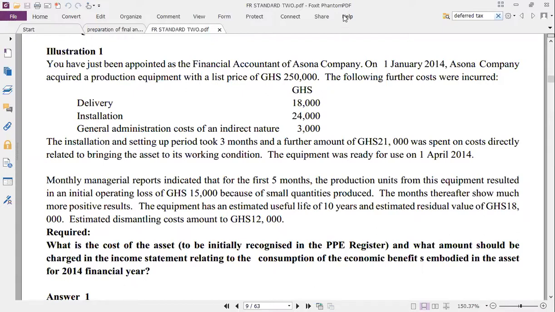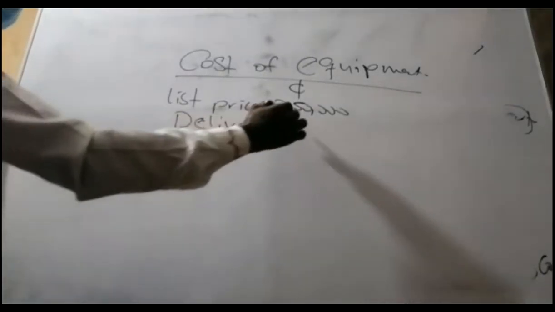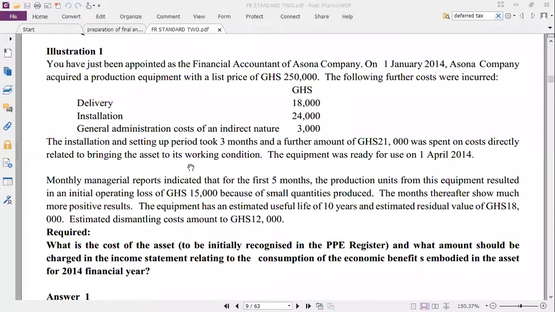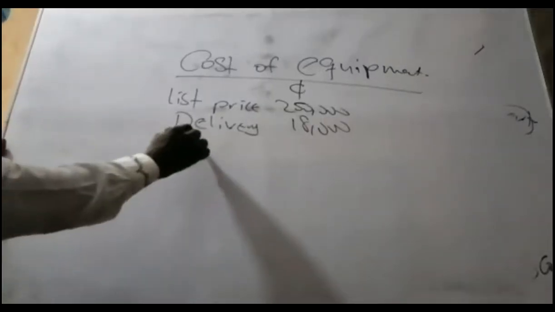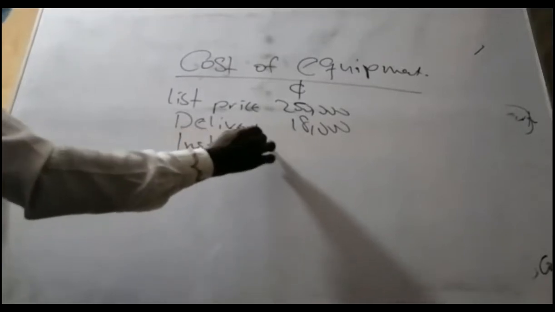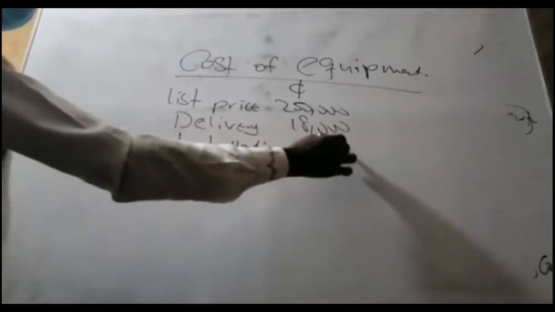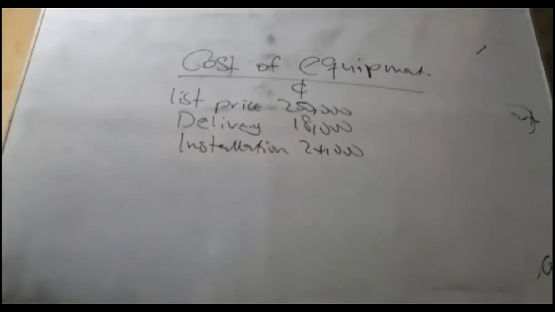So delivery will be part. That's 18,000. Good. Then installation cost will be what? Will be part. So installation 24,000. Then the next one,